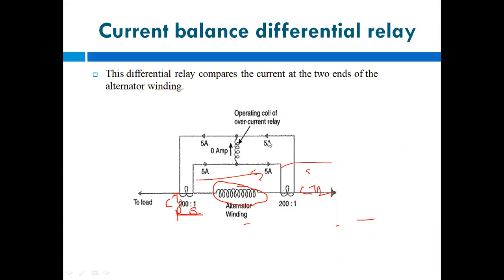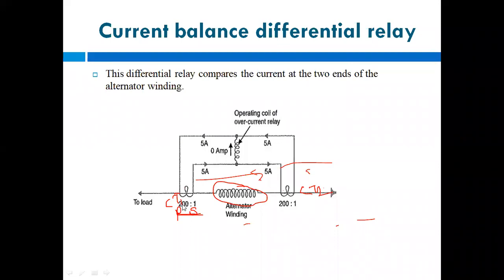Okay, so when we consider the electromechanical relays, we are considering one operating coil. Whatever current flows through this operating coil, only then will your relay operate. Now here you can see that